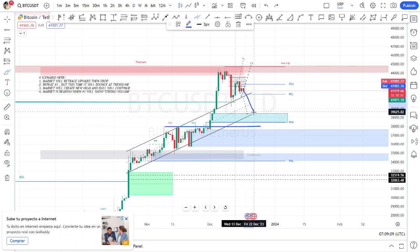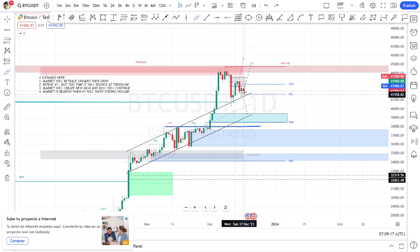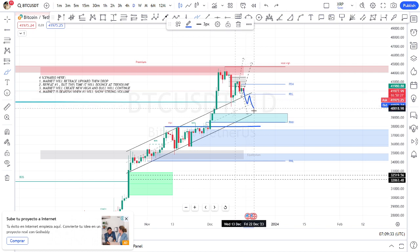Okay, so it will bounce here, somewhere here, but if the selling pressure is strong, then the market might drop, retest, drop, break, retest, drop, revisit 38k. If ever the 38k is the target, then drop, retest, break the lower trend line, hit the 38k, retest, and manage to bring the price back inside the parallel channel, then the market will